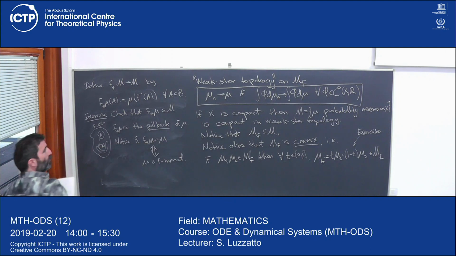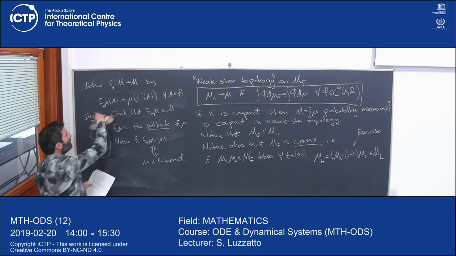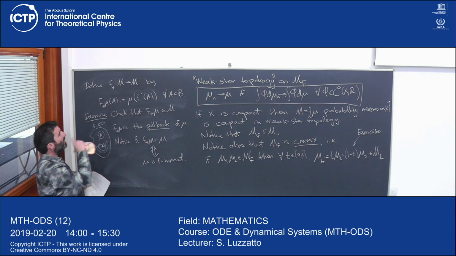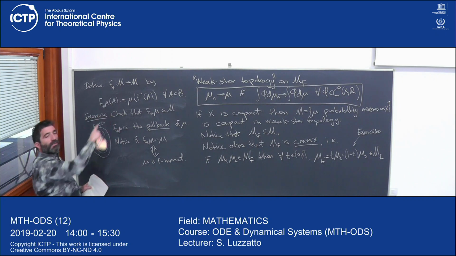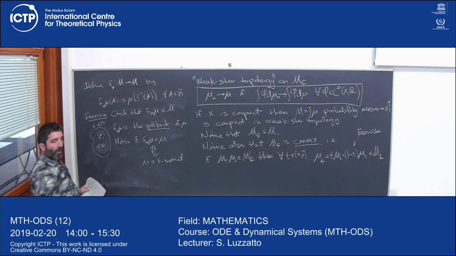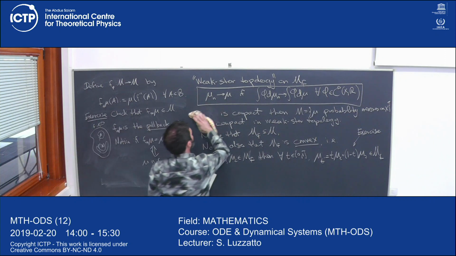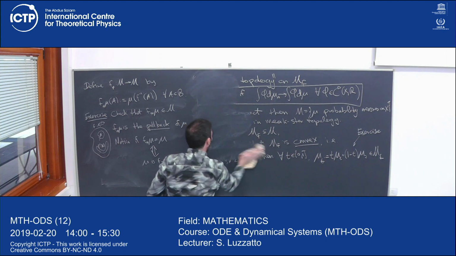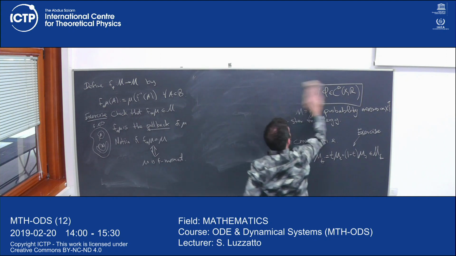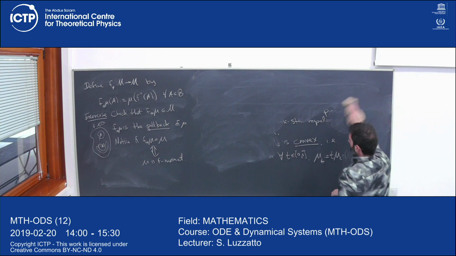Okay? So the way we do this is we're going to iterate this map and show that in fact, if you take a measure and you iterate it by the pullback lots of times, you converge to a fixed point. Okay, this is going to be the strategy. It's quite a dynamical argument. So the first lemma that we need for this